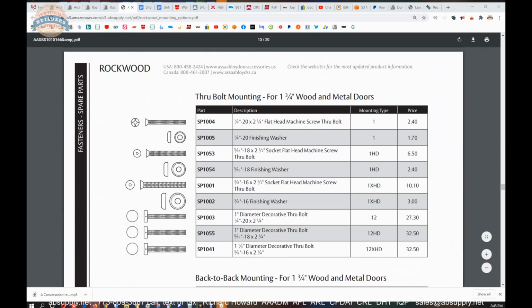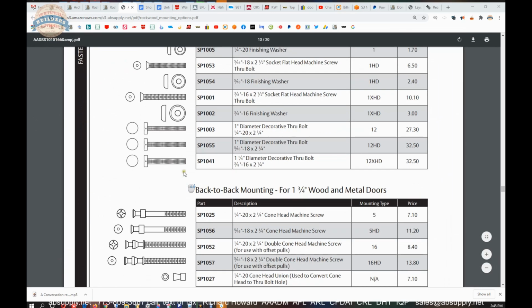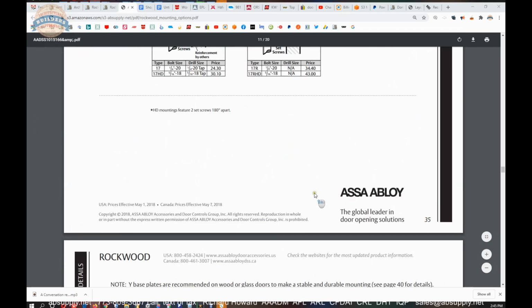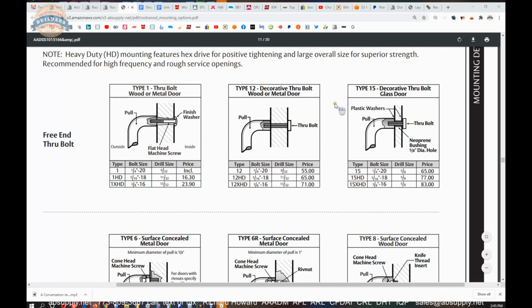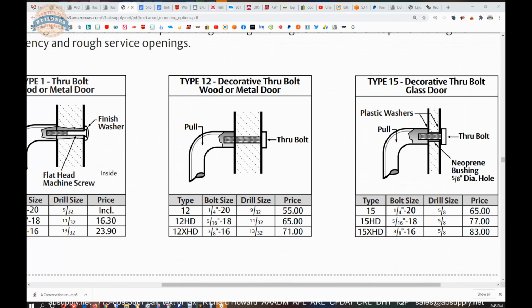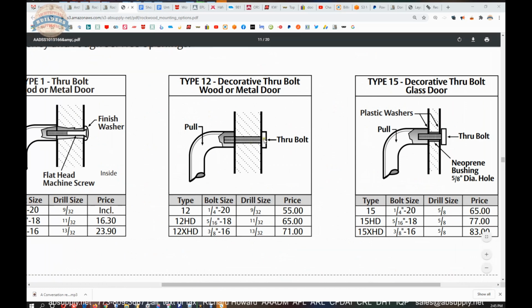So I had also said that there might be a more elegant way to go about mounting this material, and that would be using the Type 12. And we're going to scroll till we find it. Here we go. Type 12 or Type 15, decorative exposed through bolt,